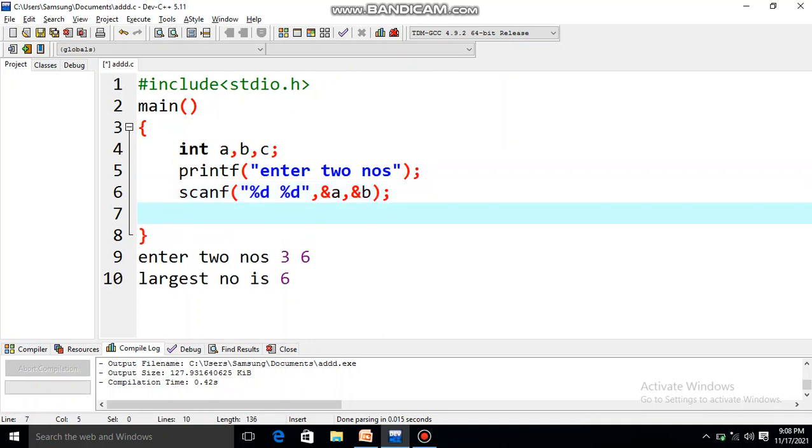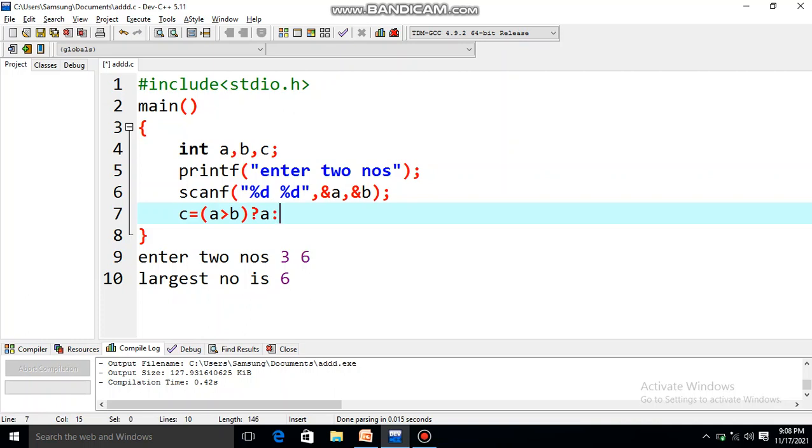Okay. Now I am going to apply the ternary operator. So what is the syntax? Whatever is the answer, it will be stored in variable c. So I am writing c equal to, now I'll give the condition or the expression. What is my condition? Is a greater than b or not? I want to find whether a is greater than b or not. I'll write it like this and then write a question mark. So if this condition is true, what is the answer? What value should be stored in c? a.